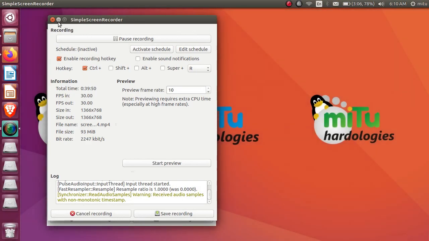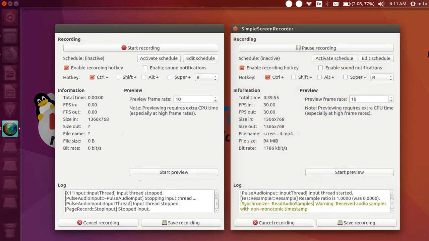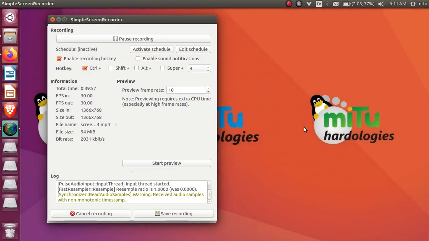I'll just minimize this now. See this. This kind of recording video will be shown when I start recording, or when I press a particular shortcut like Control R, which I am using. Then recording will be started in this way and will continue. Remember that. Start recording will go to the pause recording option here. I can't directly stop it. You can pause and then save it, or pause and the save option will automatically stop the video and complete your recording there.